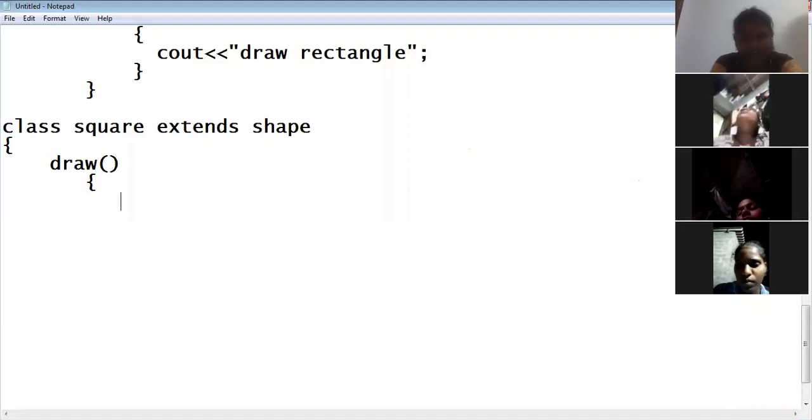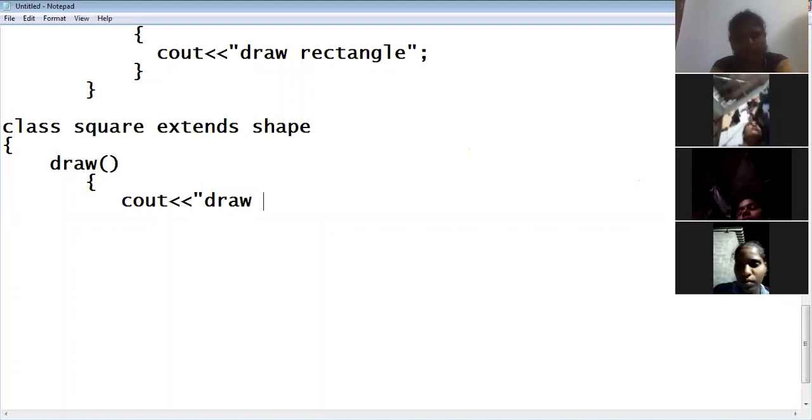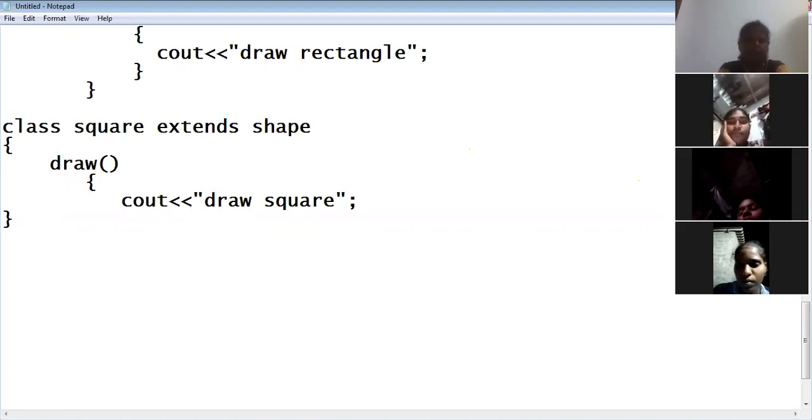So here I will write cout draw square. Actually, we have to write the code to draw the square, but it is very complicated. Just now I am giving this printf statement. Don't worry. Are you getting my point?